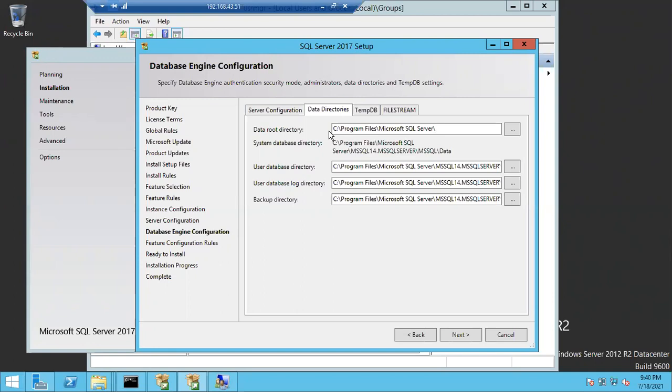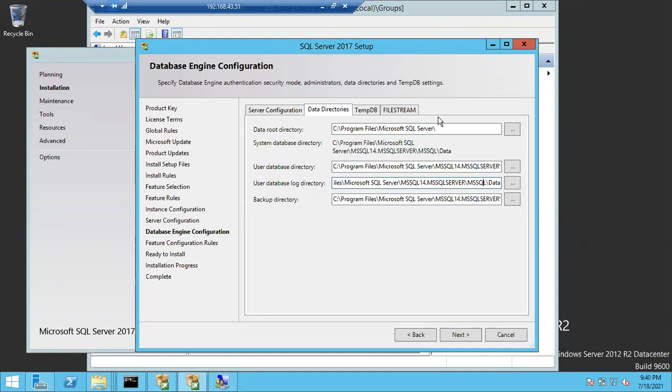You can save these two files in different locations. You can save the data file in one location and the log file in another location. Like that, you can save backups in another location. These are the default paths that will be created by the SQL Server setup. No need to create these folders. By default, C Program Files will be there, and it will create Microsoft SQL Server, and in that it will create the MSSQL folder, and in that all these folders, the data folder and all. In these locations, the SQL-related files will be stored.